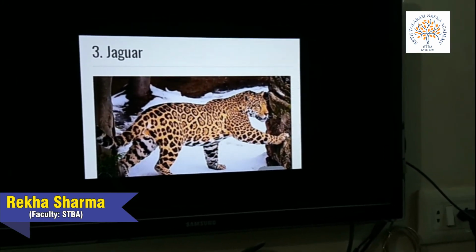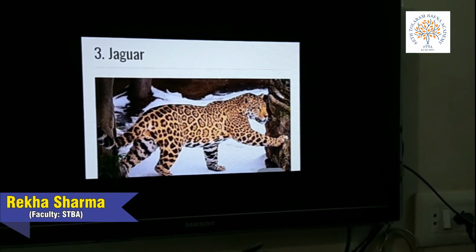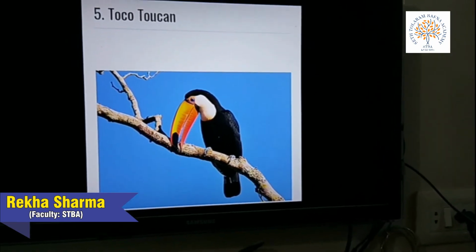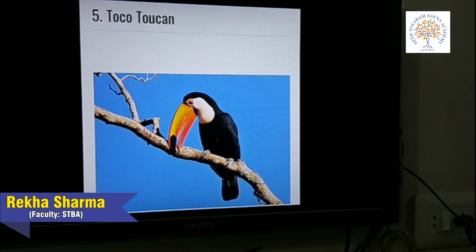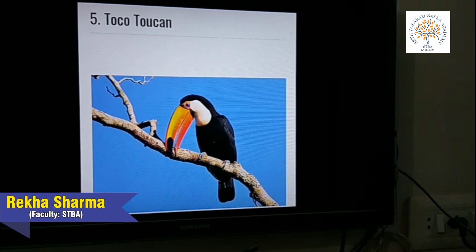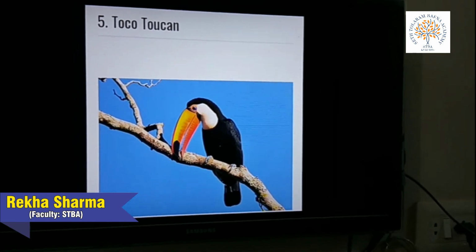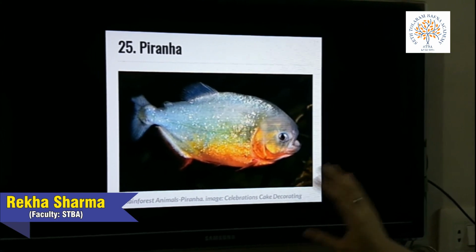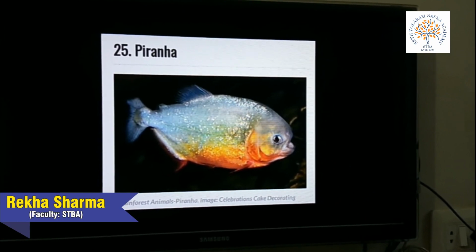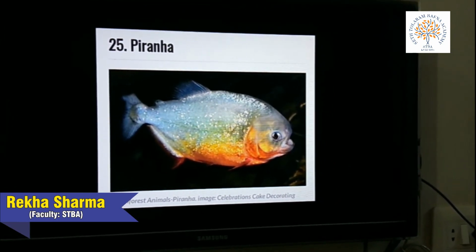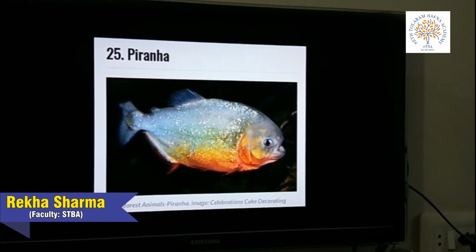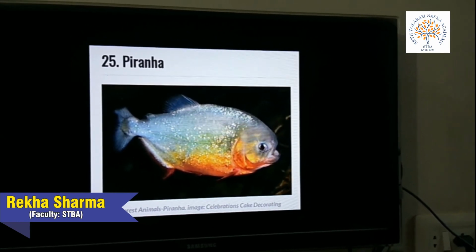mosaic frogs, anacondas, and birds with bright plumage such as macaw and toucan are found here. The three-toed sloth found here spends most of its time in the tree tops and feeds on leaves. Now the piranha, you can see in the picture, is a ferocious fish found in the South American rivers in the equatorial region. And the orangutan is also found in the rainforests of Indonesia and Malaysia. It is the only great ape to be found outside of Africa.